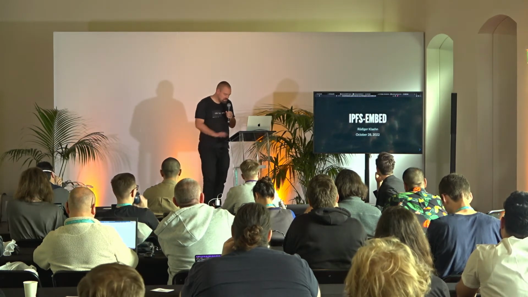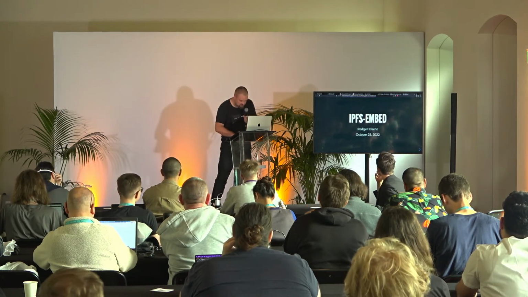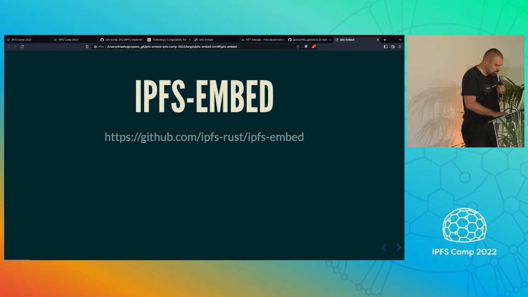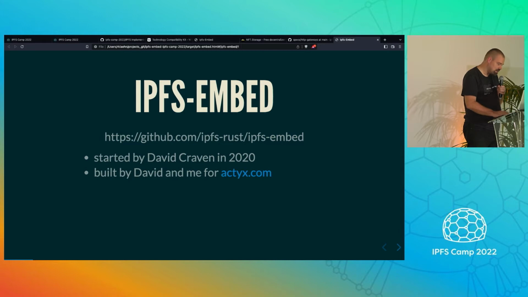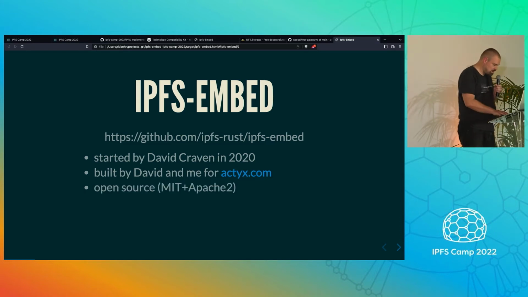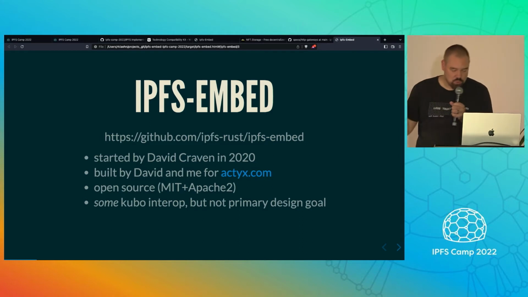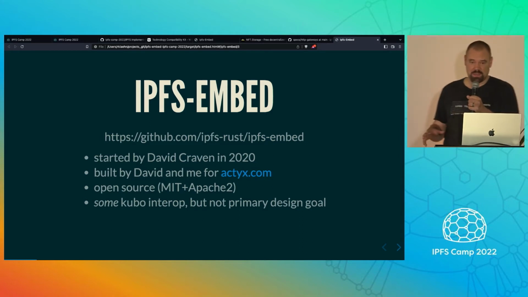Ipfs-Embed is an implementation of Ipfs in Rust, which we have developed. It was started by David Craven in 2020, and it was built by David and me specifically for the needs of the company Actix. So it is open source, and it has some Kubo interop, but it was not the primary design